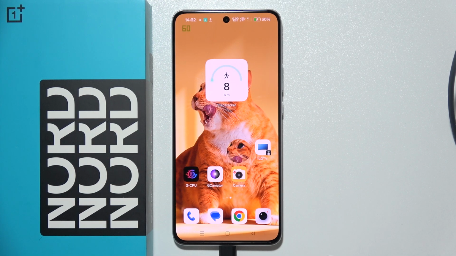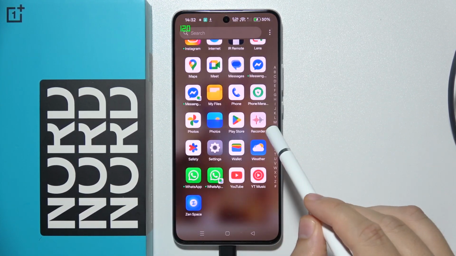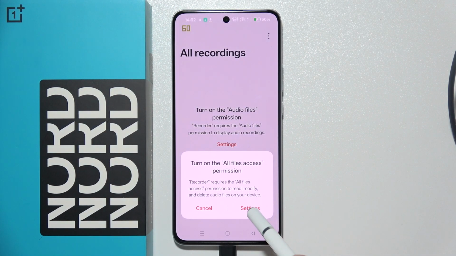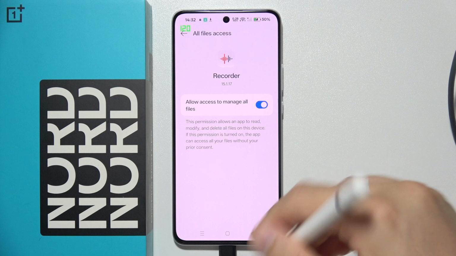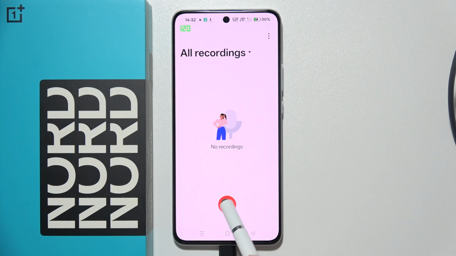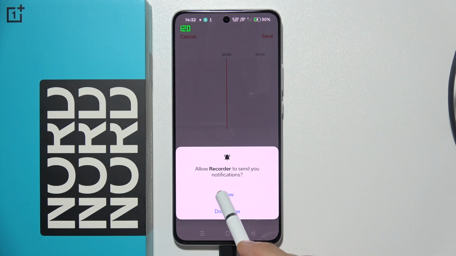To record sounds on OnePlus Nord CE5, you have to start by opening the Sound Recorder application that is available over here. Now accept all of those settings, the permission to get access to files. Then you can go back and click on this red button to start recording and grant permission to your microphone